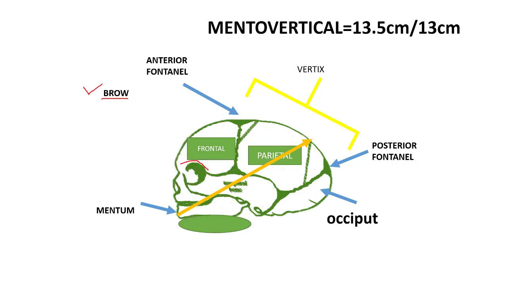So brow is also called the forehead. The brow consists of not only bones, it also consists of subcutaneous tissue, blood vessels, scalp, skin, the hairs and muscles. If this part of the fetus first lies over the maternal pelvis, we call it the brow presentation. And when we do per-vaginal examination, we feel this hard bony part, which is the frontal bone.